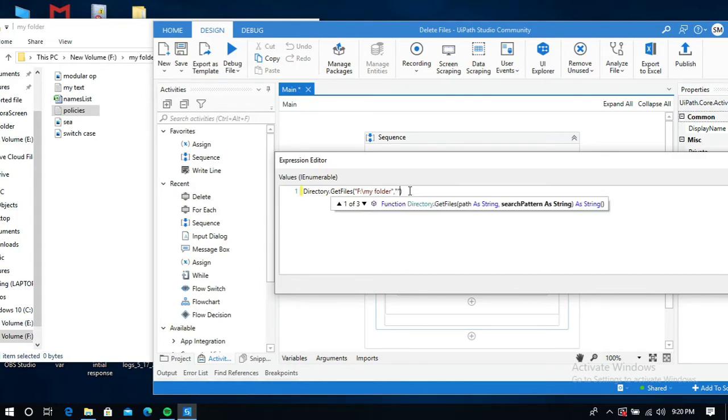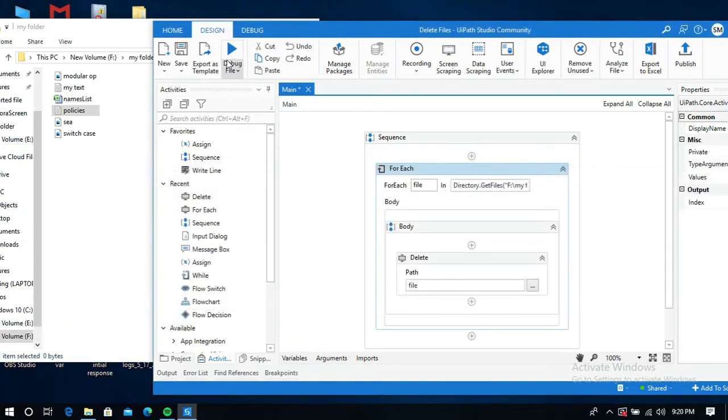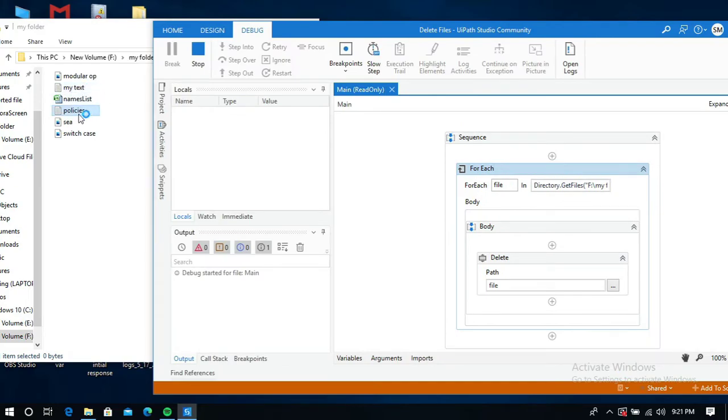Inside quotations start dot txt. Now click on OK and run this bot. These two text files, my text and policies files, are going to be deleted.